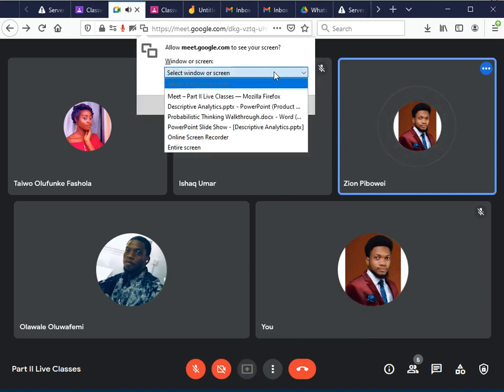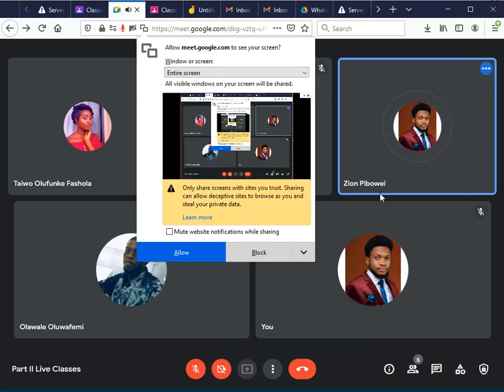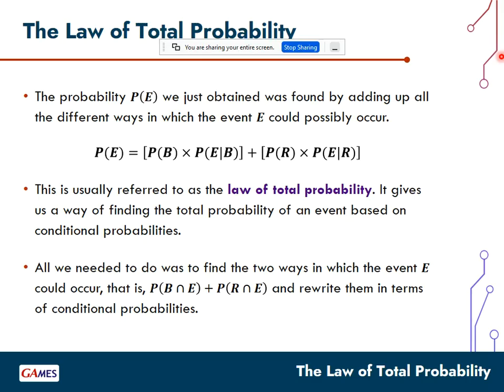All right, so I'll be doing this now. Thank you for drawing my attention to that. Okay, can you see it now? I hope you can see the screen now. Yes, I can see it now. Okay,